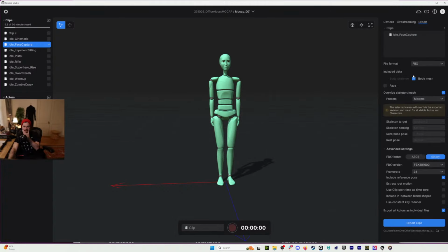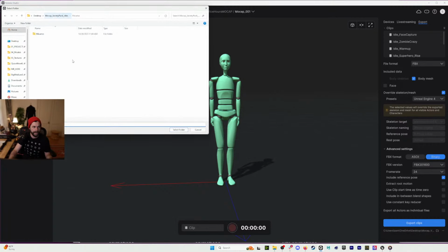Oh, that's what that is. Never mind. Oh yeah, export out. I don't know what I was doing. Okay, now we're going to go through and do it for the Unreal skeleton. So to put things into Unreal, we want to select the Unreal Engine 4 skeleton. And if you're curious about